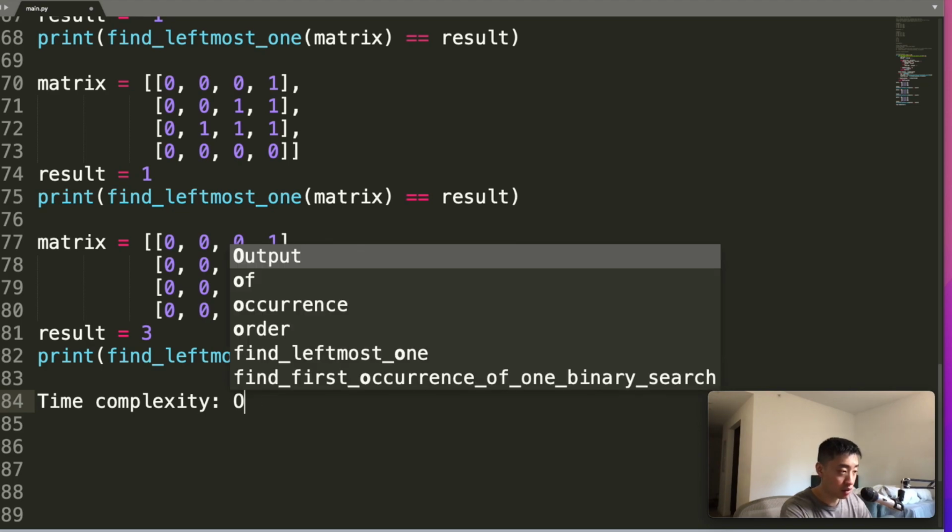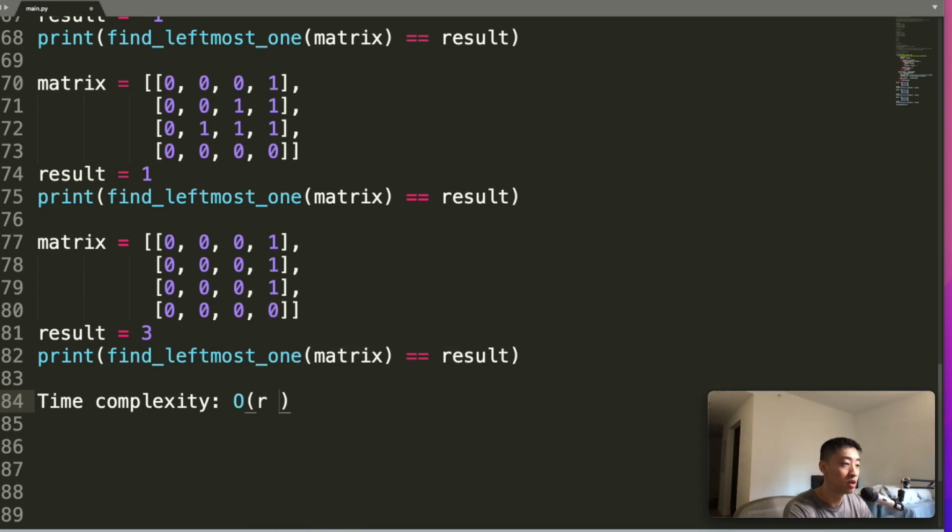We are iterating through each row. So R rows times, for each row, what is the time complexity of checking that row? It will be log of C, right? Because there are C elements for each row, right? C columns. So that's great for time complexity, but for space complexity,